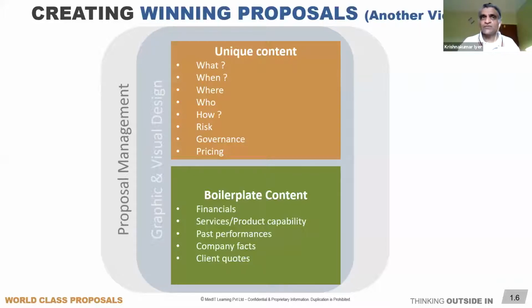One thing which we have always realized is that by having really good boilerplate content, we're able to improve the productivity in a proposal cycle anywhere from 20 to 40%. I mean, that's a kind of improvement that we can really deliver. What does that mean? It means that you have a better ability to now focus more on the unique content, because it's the unique content which is going to get you the wins. Okay, very important.